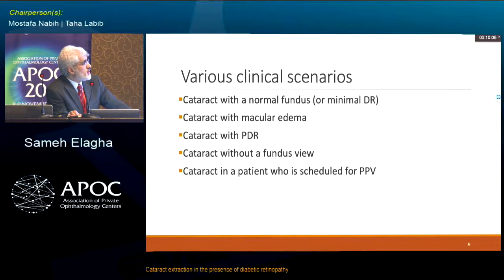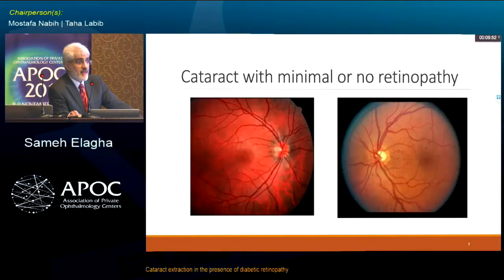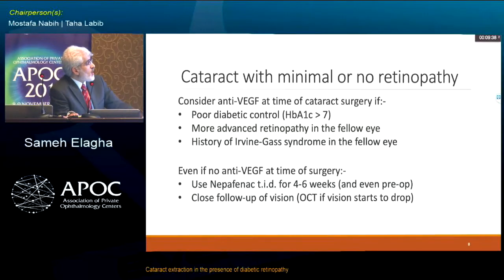So I'm going to demonstrate these principles through a number of various clinical scenarios, and we'll start with this first scenario, cataract with a normal fundus or minimal diabetic retinopathy. الحقيقة أنا بعتبر دي برضو a combined surgery, because although these patients do not seem to have a macular problem, a lot of these patients develop Irving-Gass syndrome and they have very bad deterioration of vision after the surgery. And therefore, I will consider anti-VEGF at the time of cataract surgery in these patients, even though the fundus looks